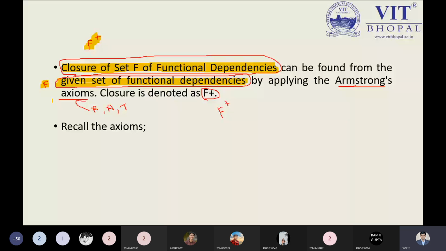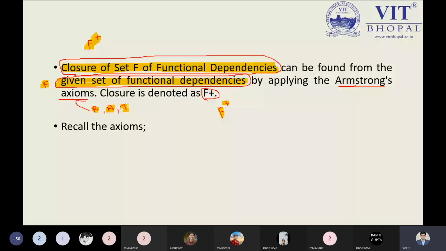And what are the various axioms we can apply? We have seen a few minutes ago reflexive, augmentation, and transitive. With the help of all these, we can solve the problem. But other than these axioms, we have other axioms or rules that are required to solve our problem. Step by step, we have to understand them properly. These are the 6 different axioms.